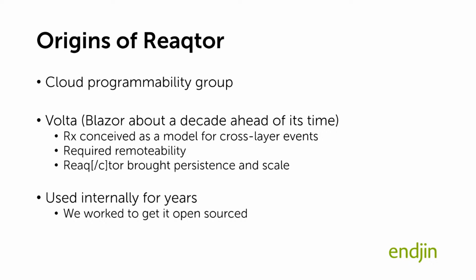And some of the ideas in it were a long way ahead of their time, and some of it's now come to light in things like Blazor. But one of the main things that did come out of it was RX, the reactive extensions for .NET. But they were actually originally designed to support cross-layer event communication. So one of the models they had in mind was that you might be building a user interface that would run in the browser. You might have some sort of middle tier running in some servers on Azure in the back end, and then maybe other lower levels behind that.